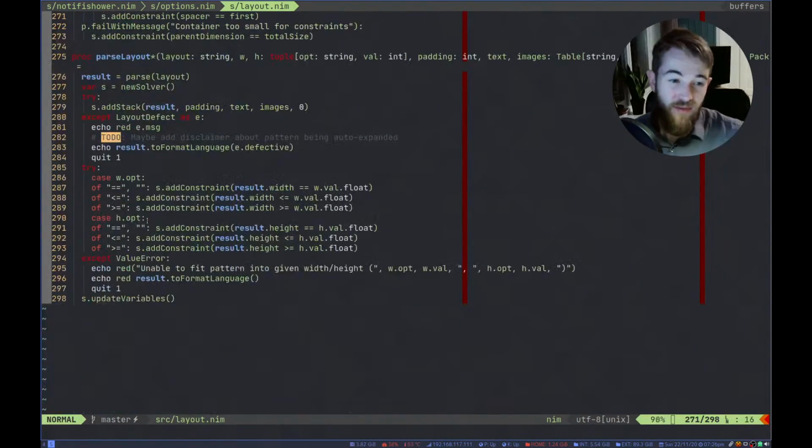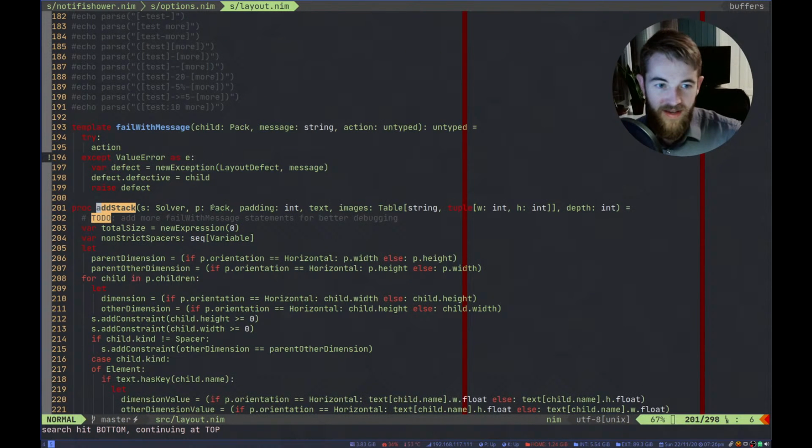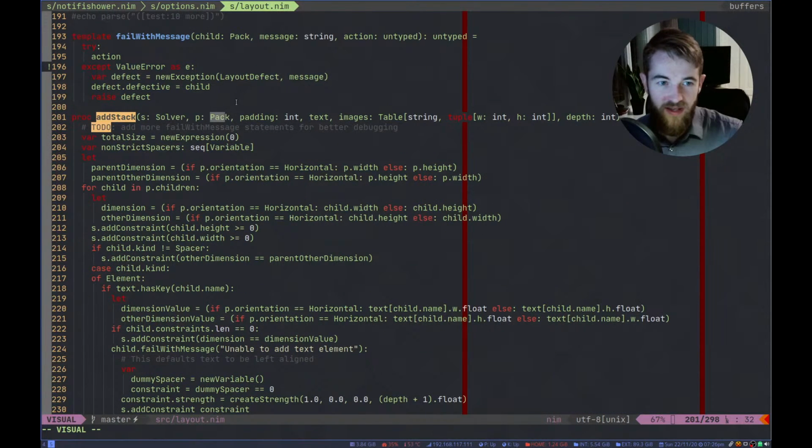And then it needs to pass that in down here to add stack. It passes that along into add stack. It no longer only gets a pack there, it gets two things, a pack and a table.